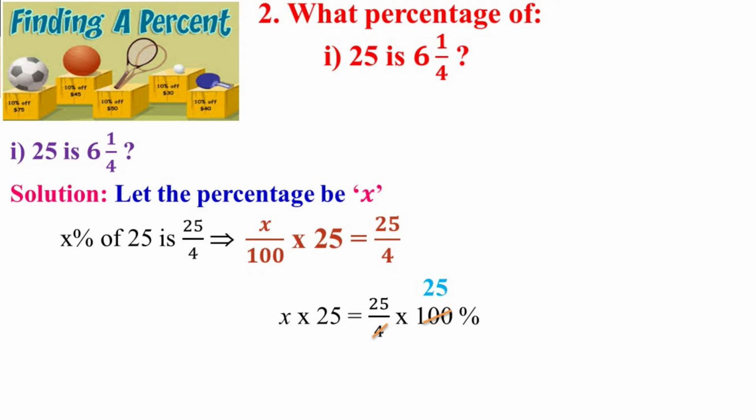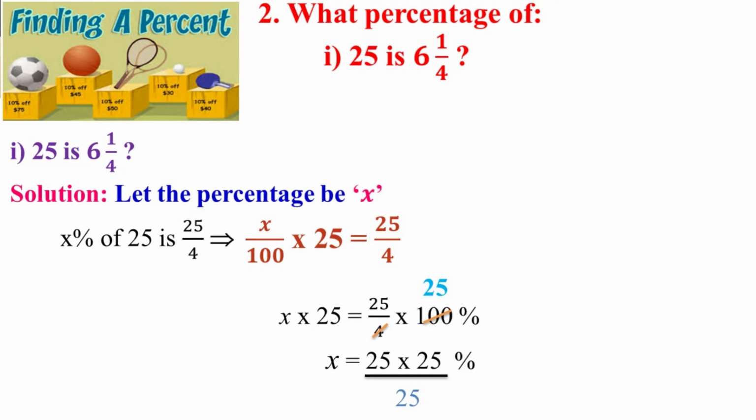On the next step, there is 25 in multiplication with the variable x. That should be brought to the next side. If it is in multiplication, it will become division on the next side. So x equals 25 into 25. It is already on the RHS side, and the 25 which is in multiplication with x is written in the denominator of the already existing terms.